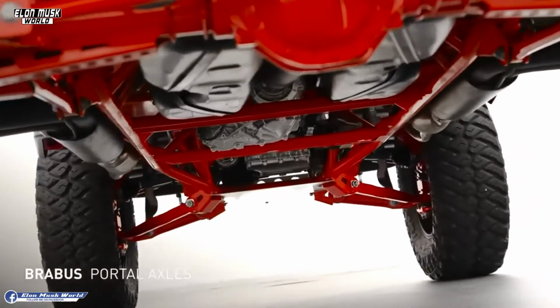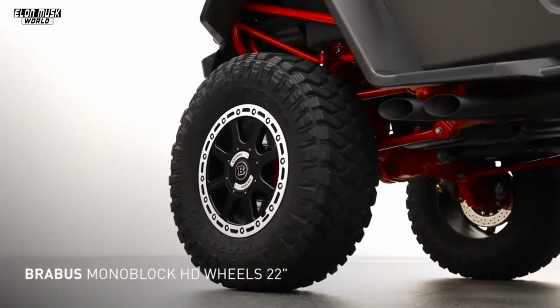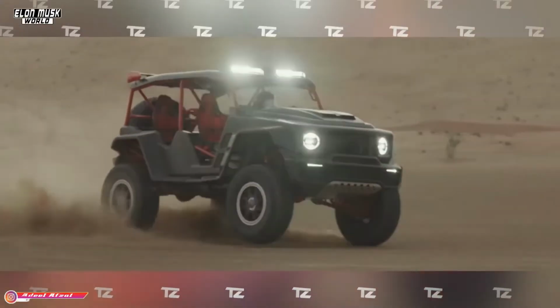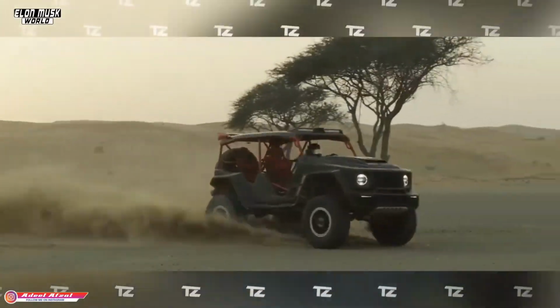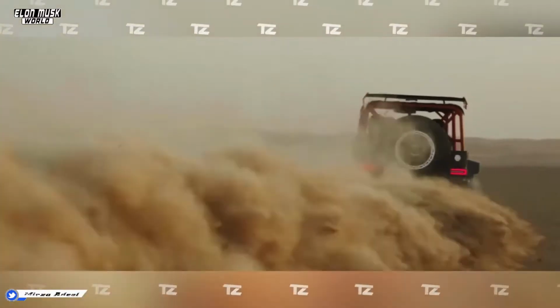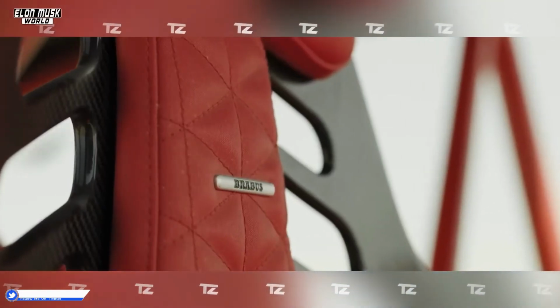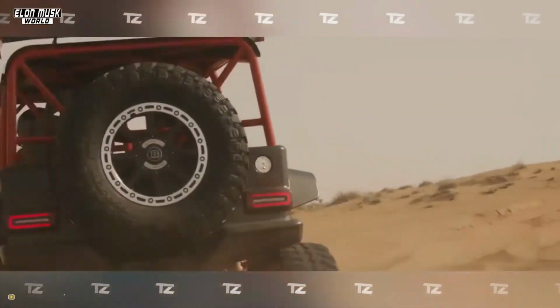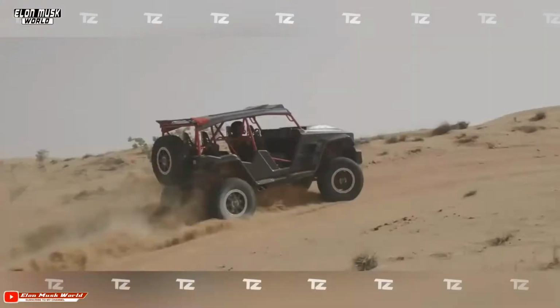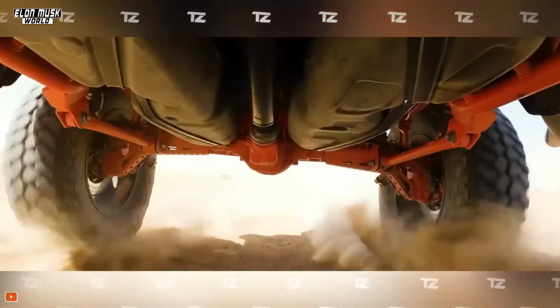In addition, the chassis was designed specifically for this project, that's why the ground clearance is 21 inches. Naturally, the SUV has an all-wheel drive and a speed automatic transmission, and for a comfortable ride on rough terrain, the underbody was strengthened with Kevlar and aluminium. There are also seats with 4-point seat belts. Brabus plans to build about 5